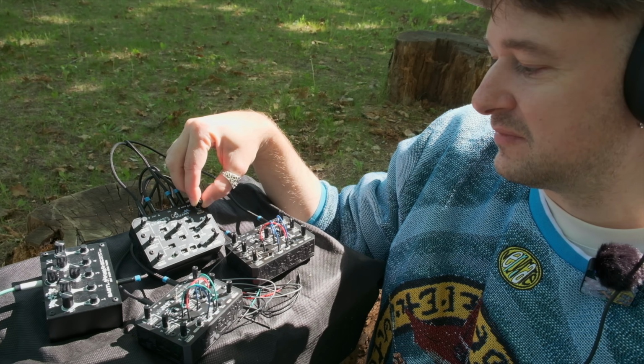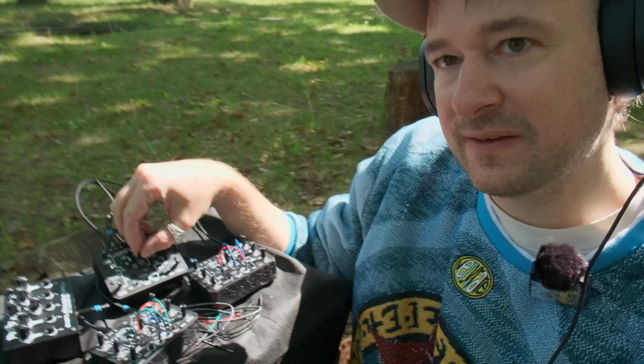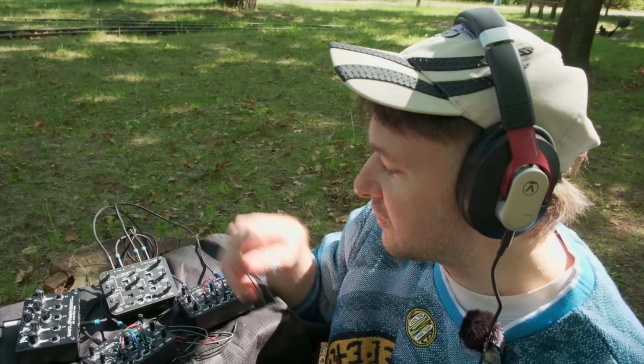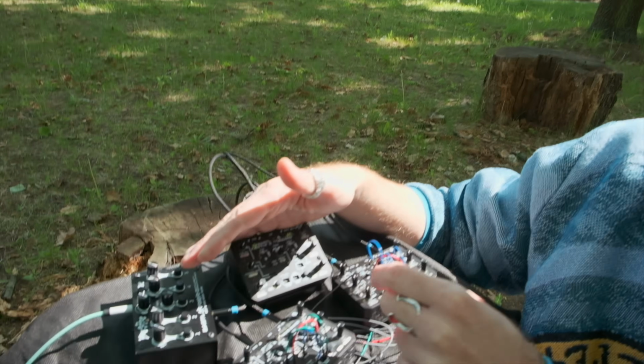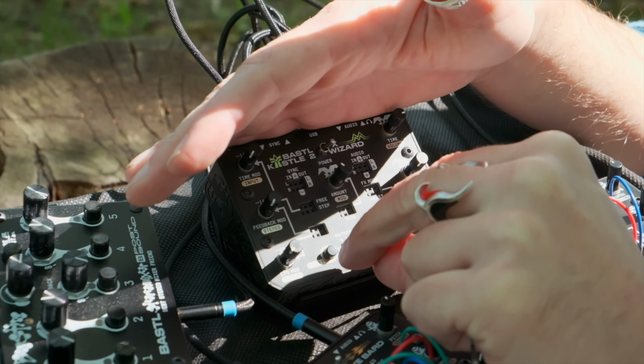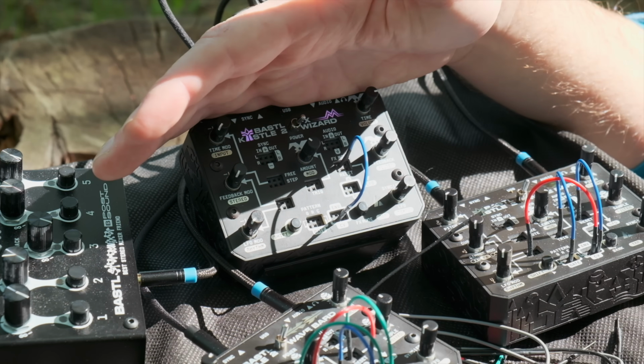Sick. Yeah. And is it the same thing here? You can modulate the main layer. Yeah, exactly. So we have a bit of sun, so I'm gonna keep color. I hope you can see a bit. Yeah, I can still see it. So I can take the CV or LFO and modulate which effect I'm on,